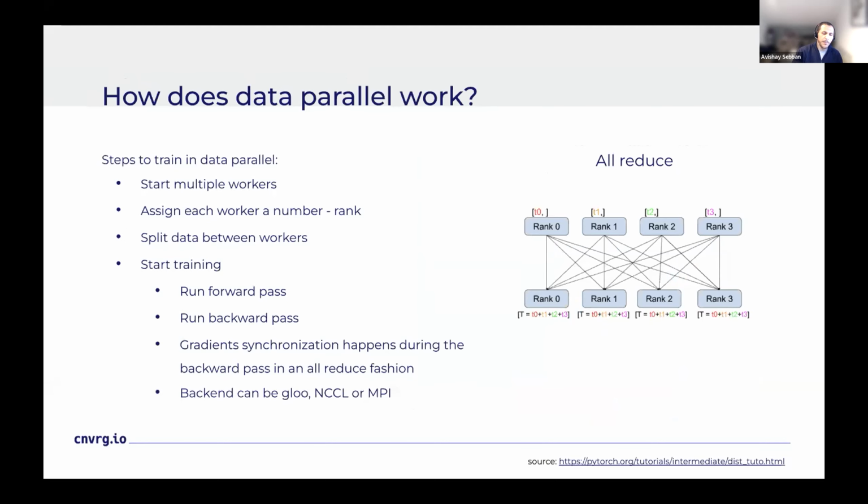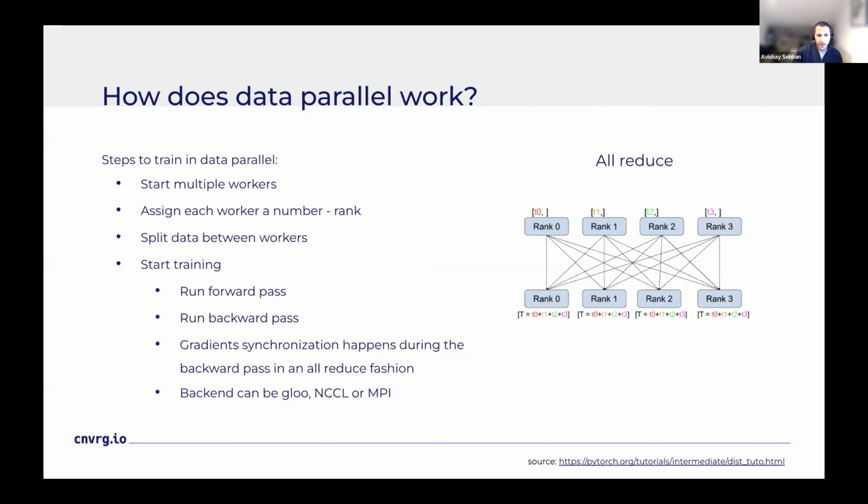All right, so let's simplify the explanation of the steps involved in training a model using data parallelism. First of all, we start multiple workers, and the multiple worker machines are started, each with its own CPU or GPU, or a set of GPUs and CPUs.